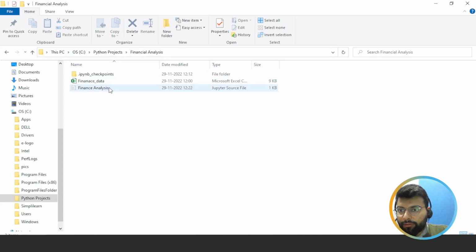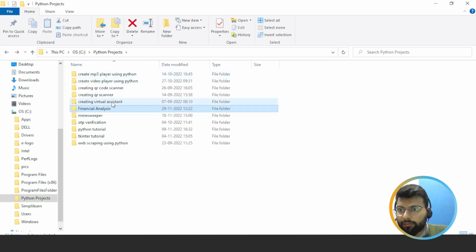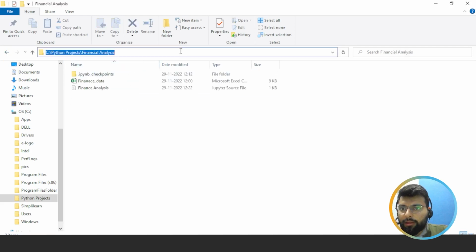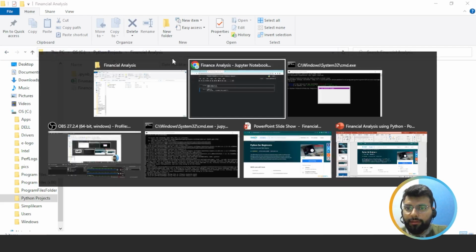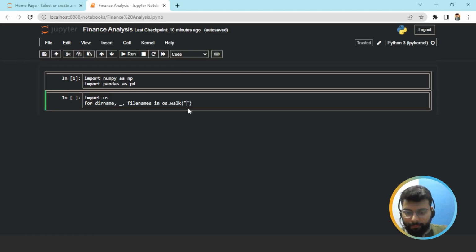It's showing cmd.exe. Wait, first I will go back, and now I'll copy the path and we'll paste it here. And after the brackets, I will just place a colon,